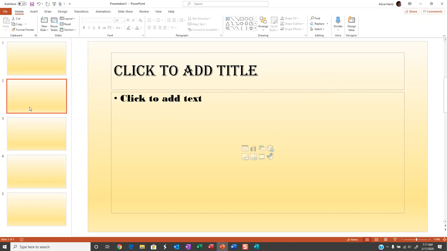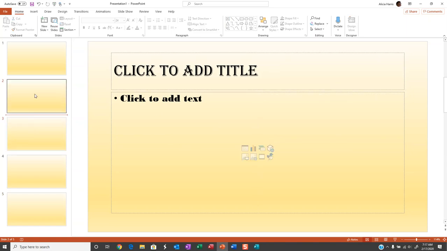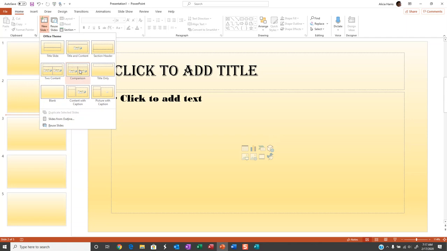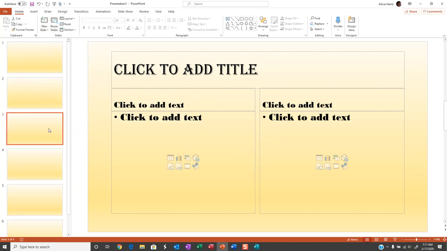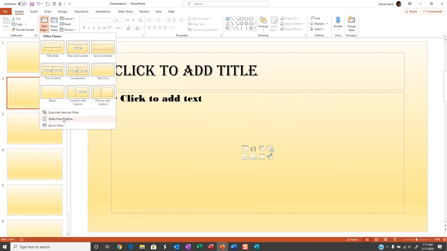If I want to insert a slide between 2 and 3, I could either place my cursor here where you see it reflects an orange line, and then I can say insert, and then I can insert a new slide. Most times when you're inserting a slide into your document, it will insert it after the slide that you have selected. So for instance, if I wanted to insert a slide here, I can go to new slide,